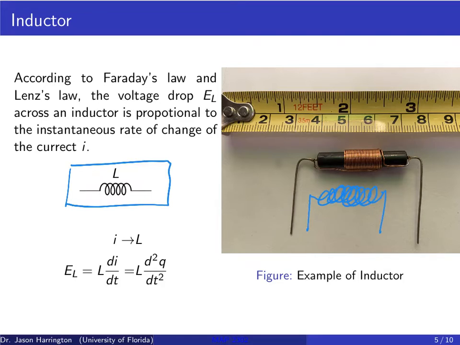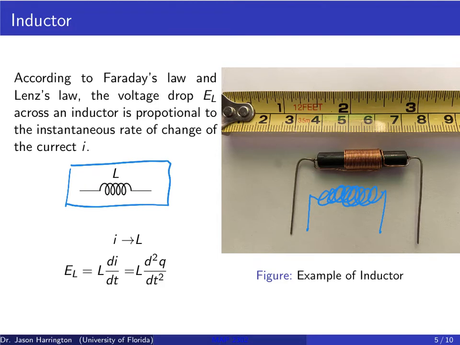These used to be used a lot in radios, not so much anymore, but now they're used to clean up signals because it kind of absorbs a lot of that extraneous stuff going on. So for example, if you use cable, then you might have one of these at the end of the cable line, so that if there's just too much static, you'll kind of just let that go away.